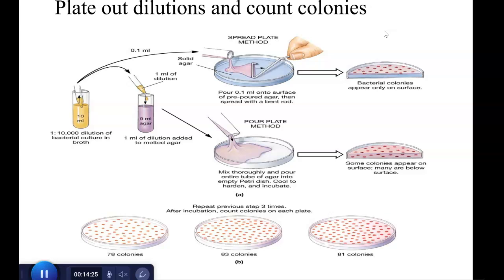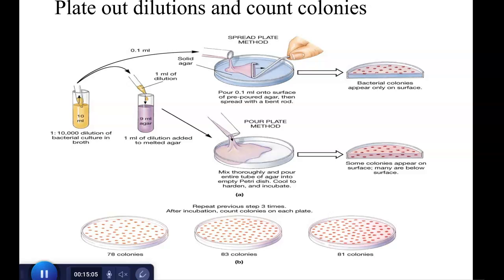So how could we actually plate them out and count them? In our lab, we use agar plates, and in those agar plates, we have nutrients. So we use media that has nutrients that the bacteria will like. And it also has that thickening agent, agar, so that we could actually see the colonies growing on the agar. There's a couple of different methods. One method is the spread plate method. Once we've made our agar plates, we would take a small aliquot sample from our dilution, and then we would plate it out. We'd spread it out over the plate,